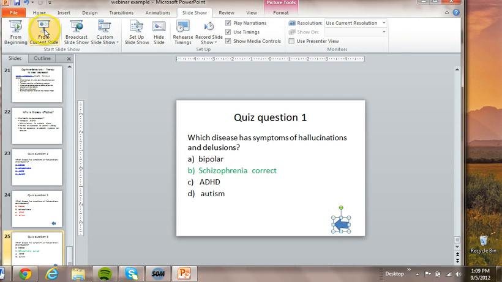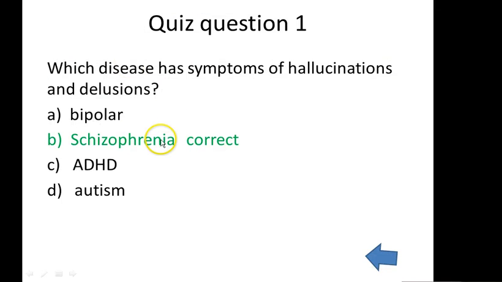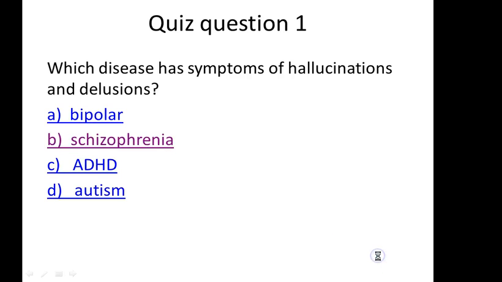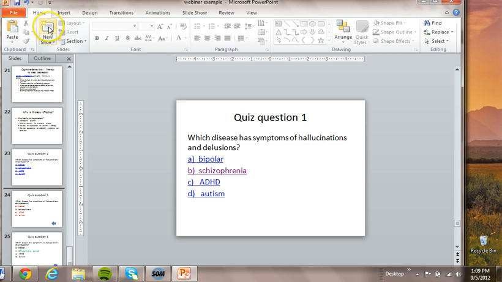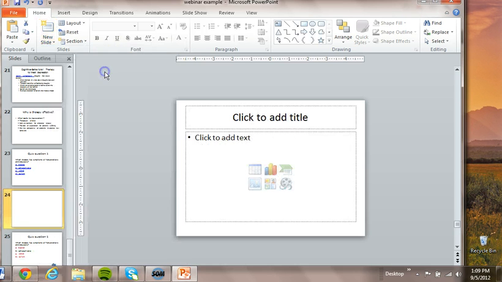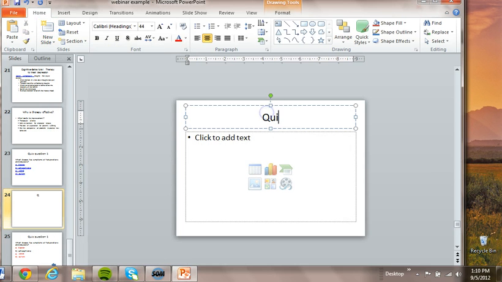Go to slideshow, from current slide. And I got it correct. Great. So I click the button, doop, and it goes back to the original question slide. All right, so what I can do then is insert another slide for another quiz question. All right, so I hit new slide, title and content, quiz